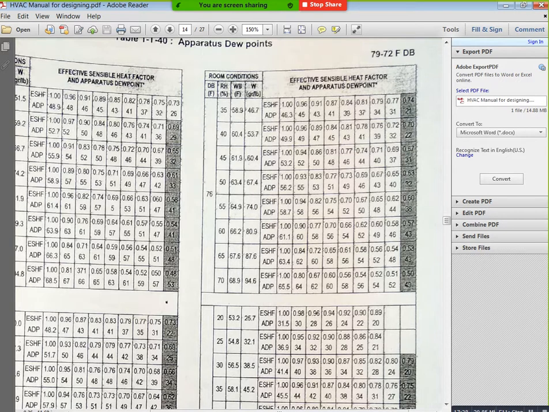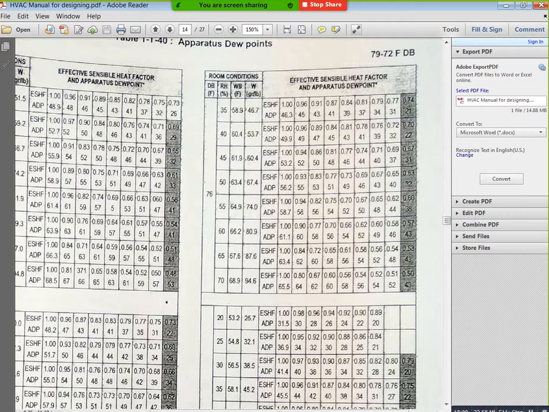Here we have 0.93 and we have 0.94, so you can mention 55.1, also not a problem. That's why you can mention your ADP value here as 55.1. Okay, now I mentioned ADP. After we calculated the ADP value, this one is the selected ADP, and the effective room sensible heat factor.